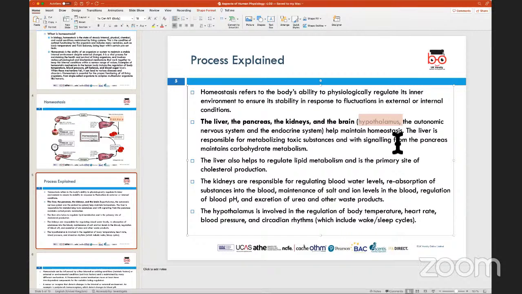Now, here, the liver is responsible for metabolizing any toxic substance, and if it feels that the blood sugar levels are high or low, it signals a response to the pancreas, which looks at maintaining your carbohydrate metabolism. And then when carbohydrates are broken down, they are broken down into lipids, fats and